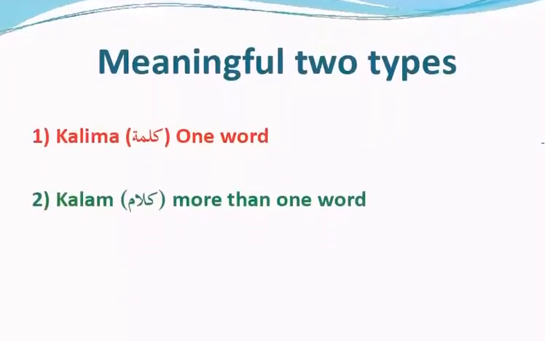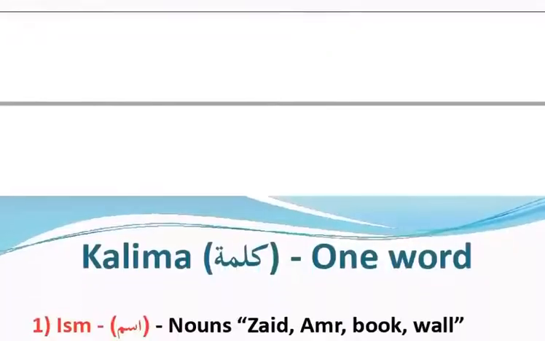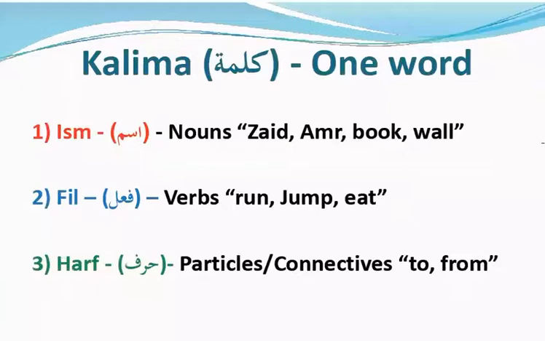Then we move on to meaningful things. They can be broken down into two categories. One is words, and the other is sentences and phrases. So you have kalima, which is one word, and you have kalam, which is more than one word. Generally, when you have something which is more than one word, it will be a phrase or a sentence. So the one word, which is kalima, is broken down into three types